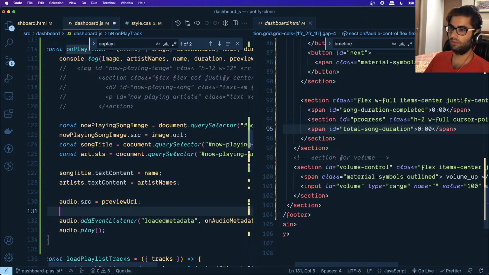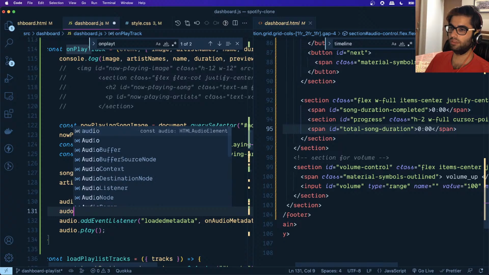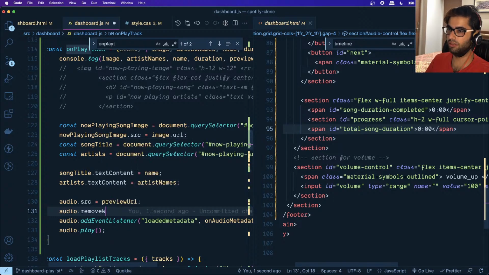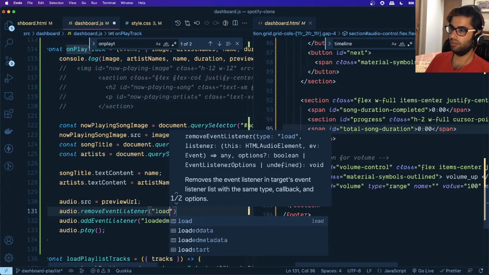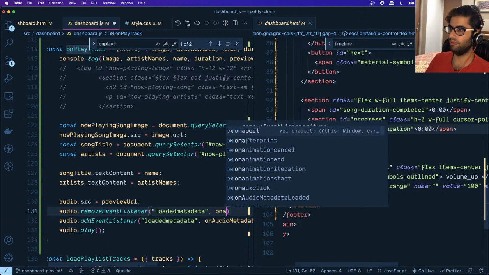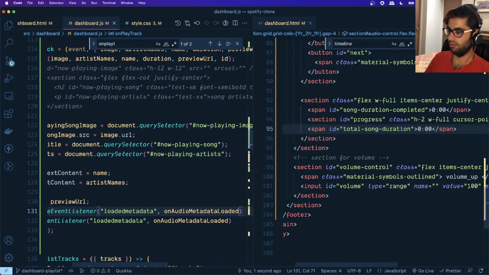Before this, we will remove this for the previous one, because every time we click on play, this event will be added, so we don't want multiple of these events to be added. So we remove the previous one: removeEventListener, loadedmetadata, and then onAudioMetadataLoaded. All right,